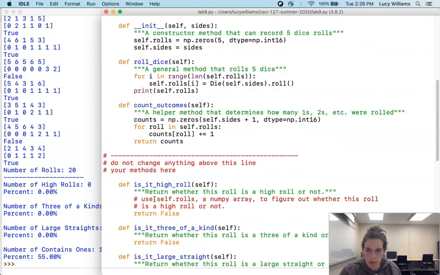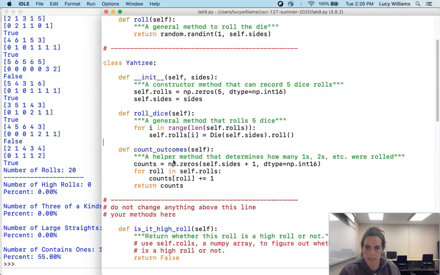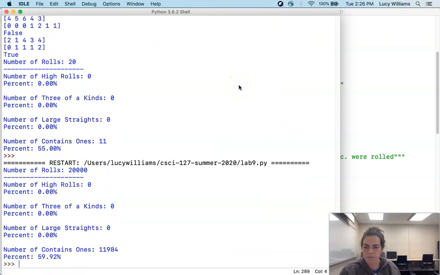Let me remove any printing so we don't print 20,000 copies. I think there's no more printing. So let's go ahead and run this. And we can see that overall it looks like about 60% of the time our rolls contain at least